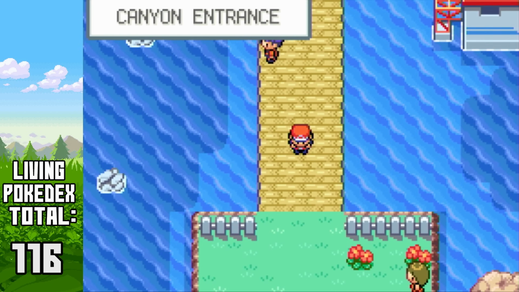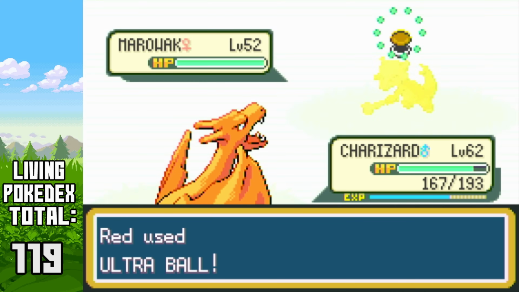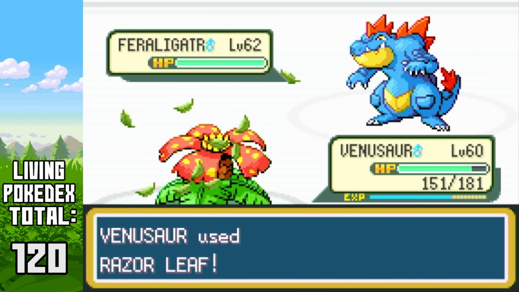On 7 Island in the Sea Vault Canyon, Red caught 2 Phanpies, 2 Larvitars, and a Marowak. After solving the strength puzzle in the Tanoby Key, Red was able to capture Unown in the Weeping Chamber. With all the brand new Pokemon Red caught, he began taking down the Trainer Tower to gather all the evolution